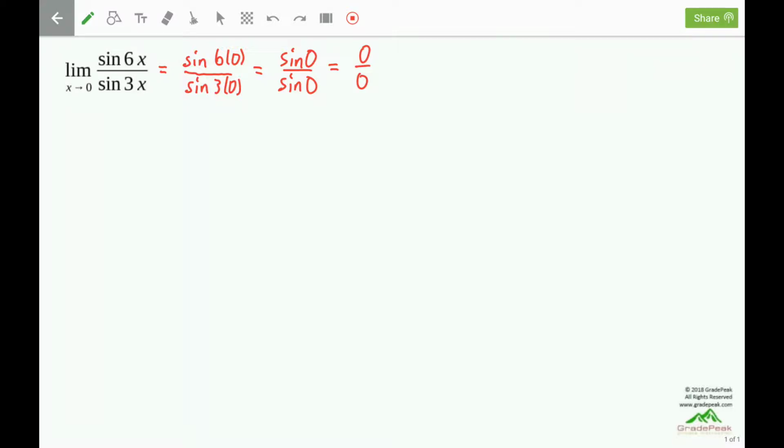Since this is coming from sines with different phases, we're going to be making use of the identity: limit as theta goes to 0 of sine of theta over theta, and also limit as theta goes to 0 of theta divided by sine of theta. Both of those are equal to 1. We have a sine in the numerator and denominator. What we need to do is isolate those sines